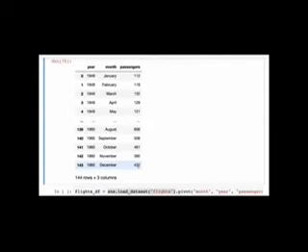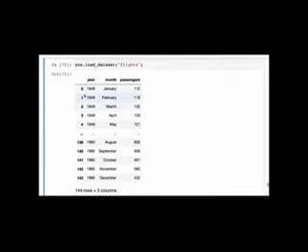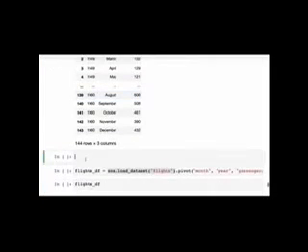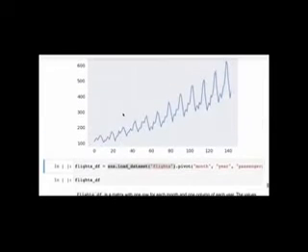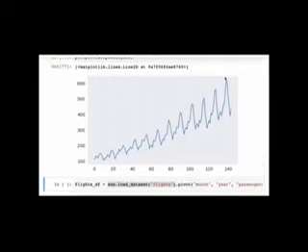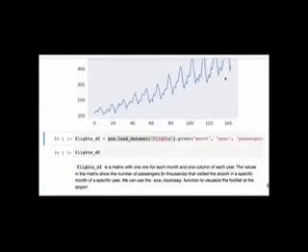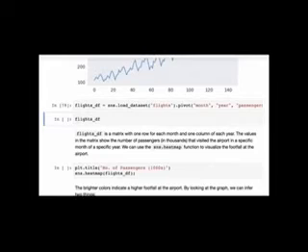Now what we may want to know is, what does the trend of passengers coming to this airport look like? Is it increasing or is it decreasing? And we could do a line plot. So we could simply do plt.plot. Let's call this df. Let's simply do df.passengers. And it seems like there's an increasing trend, but you can see that things go up and down. And a nicer way to visualize this, in my opinion, would be to use a heat map. And for using a heat map, first of all, we have to represent this data as a matrix. So here what we're going to do is we're going to use